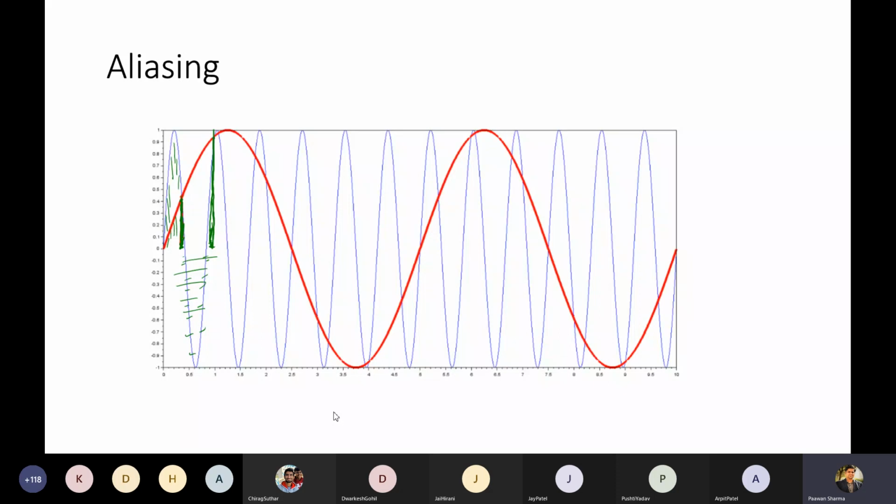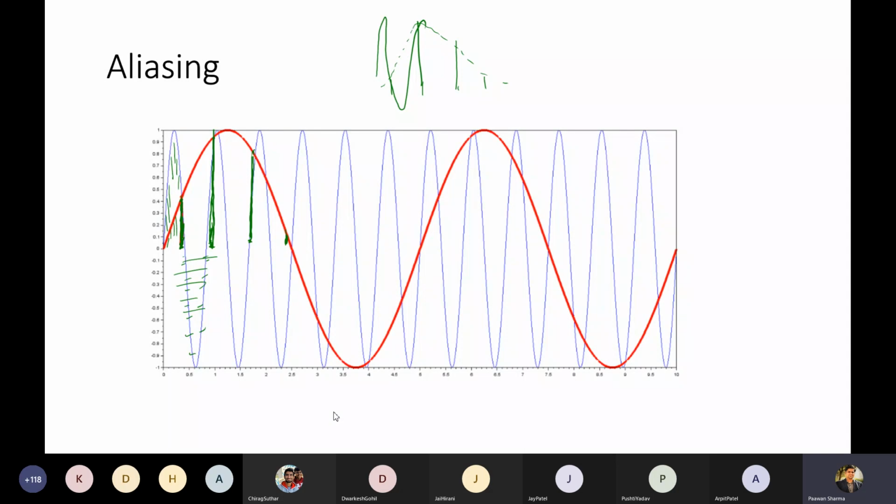And if you look at the samples which you collect after improper sampling rates, forget about these background signals. If only these samples are shown to you, like this, and you are asked what shape this signal could be of, definitely you will draw like this. This is the shape of the signal. Whereas it was not the case. One of the signals was like this.